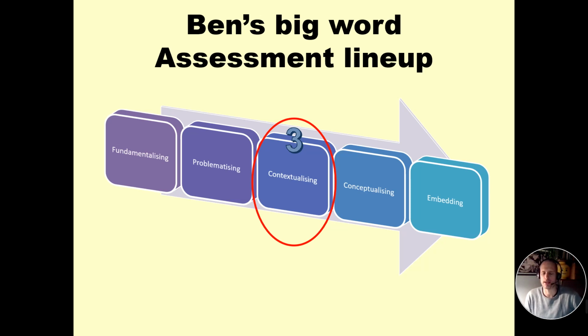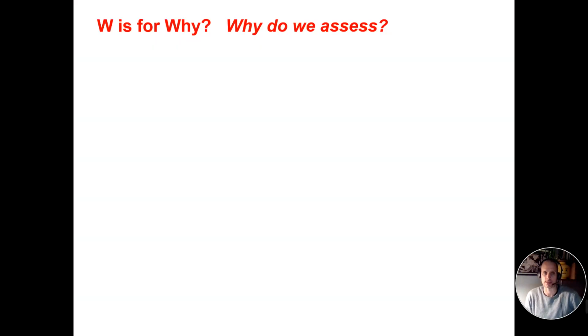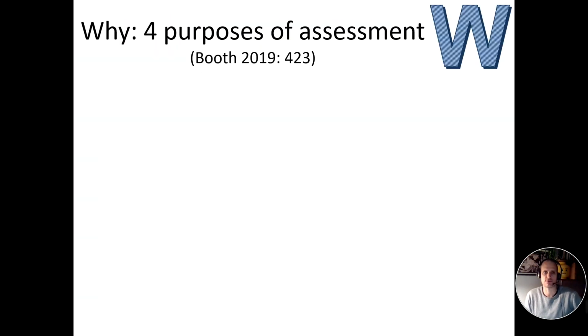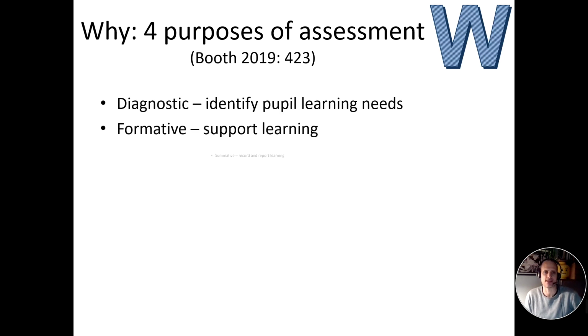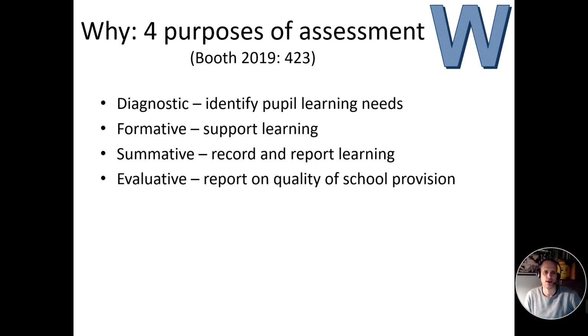Let's take a step back and think about the context factors influencing the kind of assessment we see now in the classroom. What's the landscape? Okay, various purposes for assessment. I really like this way of thinking about different purposes of assessment: diagnostic, formative, summative, and evaluative.